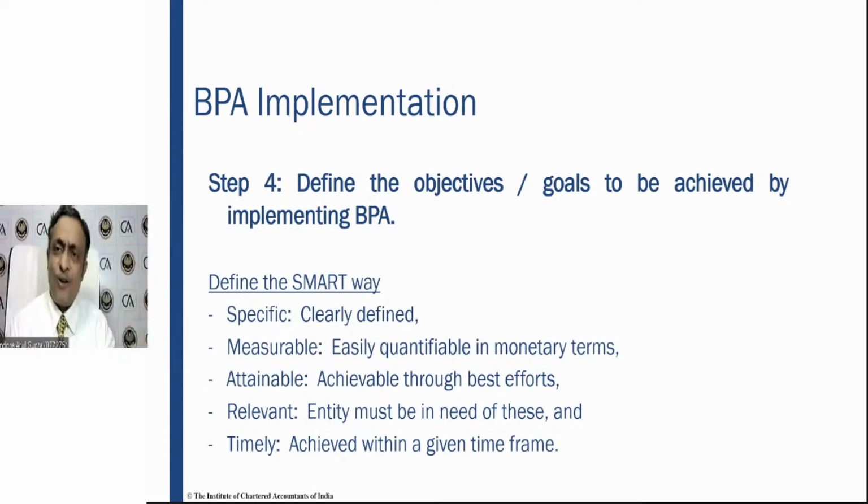Other snack sellers are also there in my hometown. They realized the impact of that. So one month later, they brought their app. A few snack sellers developed their app, but the first mover advantage was already gone. So the entity is in need of the time. In the example I've shared, it was basically encashing an opportunity. Timely, yes. Last week of March, the lockdown was introduced. 1st May, the Google form was launched. Define the objective goals to be achieved by implementing BPA. So the SMART way: specific, measurable, attainable, relevant, timely. That is how you look at it.